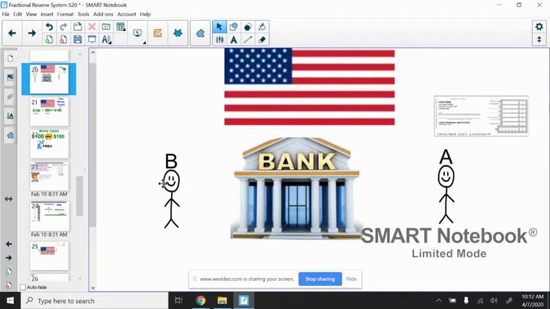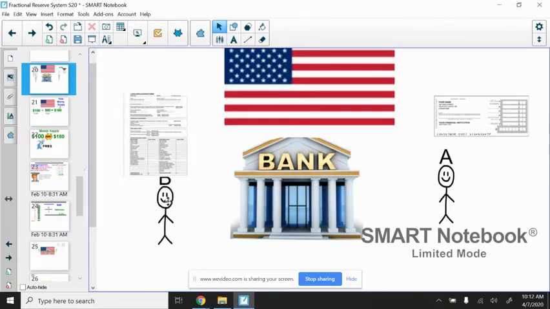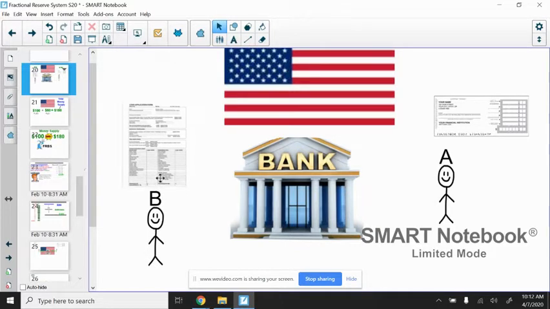And they walk out. What do they walk out with? Well, they walk out with what is called a loan. And this loan represents a contract that says that person B will be given a certain amount of money, and in exchange, they will pay back that money, known as a principal, plus the cost of acquiring that money over a specified period of time, and that is what is called the interest.